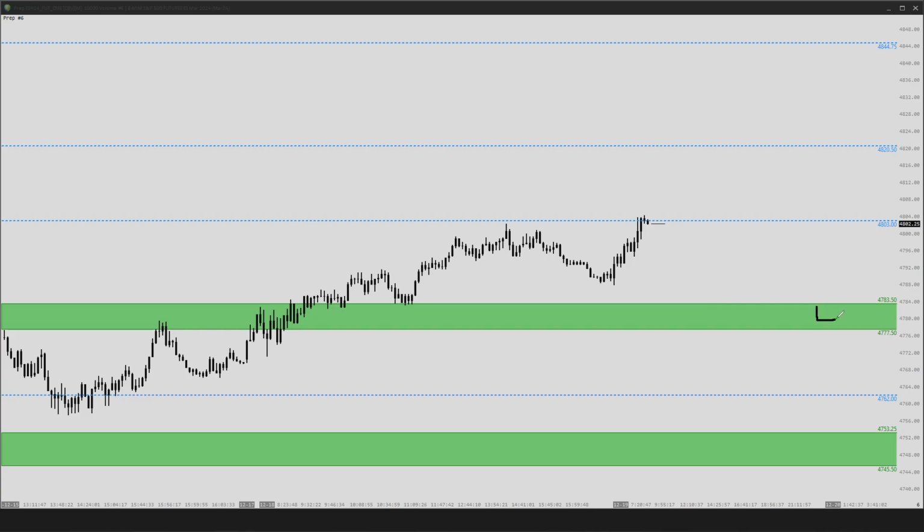Now, taking a look at the rest of the session and the other things that could play out today, if we get scenario one and it breaks down, or we get that pullback into this line in the sand, we break down, we end up seeing something like this where we accept down below and we continue to the downside here. That would be scenario two from that upper line in the sand. Then we'd be looking for that 47.62 target. This is a decent scalping opportunity to the downside for the bears.